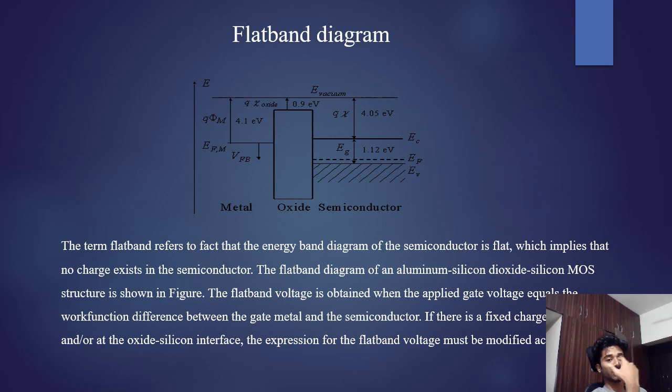We are going to explain here about the flat band diagram. The term flat band refers to the fact that the energy band diagram of the semiconductor is totally flat, which implies that no charge exists in the semiconductor. The flat band diagram of an aluminium silicon dioxide silicon MOS structure is shown in the figure. The flat band voltage is obtained when the applied gate voltage equals the work function difference between the gate metal and the semiconductor. If there is a fixed charge at the silicon interface, the expression for the flat band voltage must be